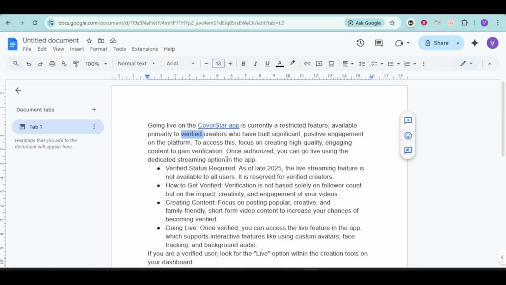So the live stream feature is not available to all users because it's reserved for verified creators. To get verified, you can head over and make sure that you have great impact, creativity, and engagement, not just follower count. You also need to focus on posting popular, creative, and family-friendly short-form video content to increase your chances